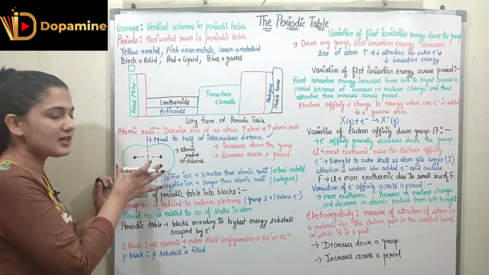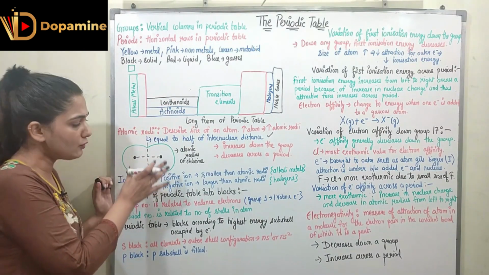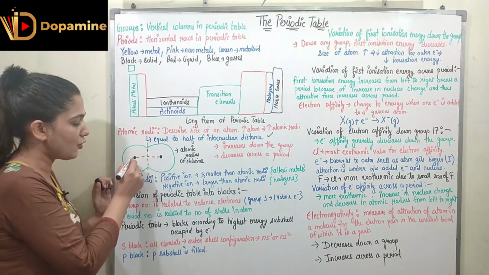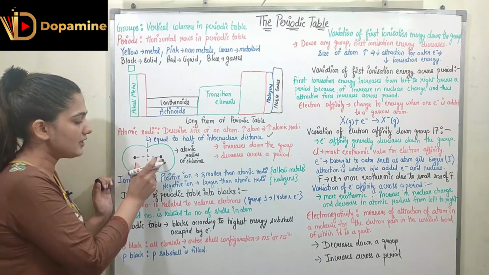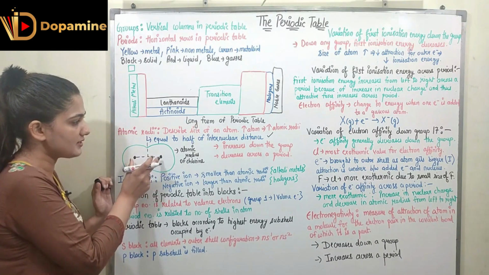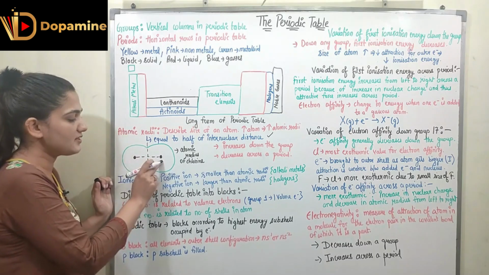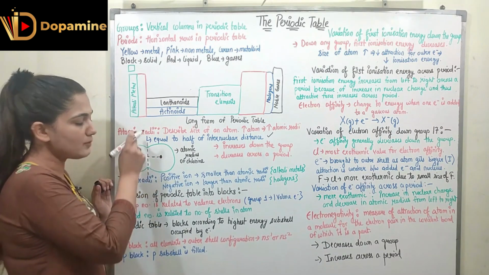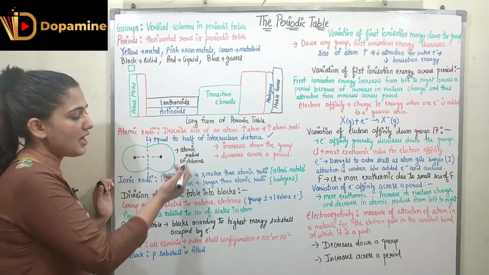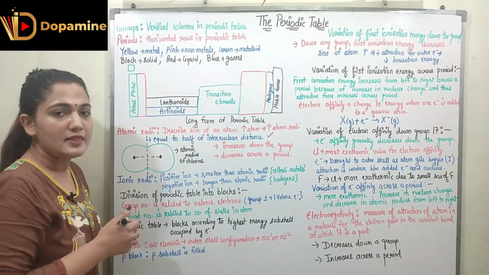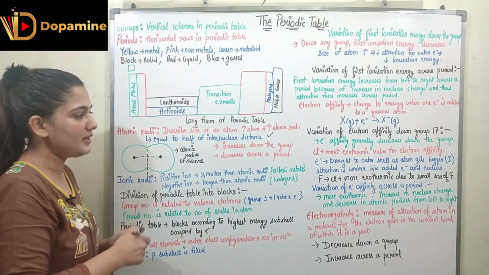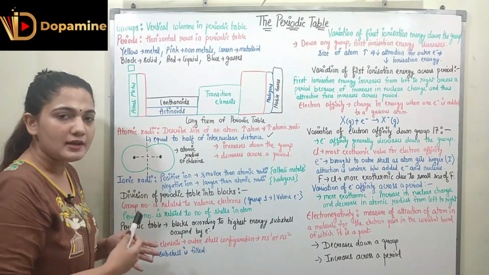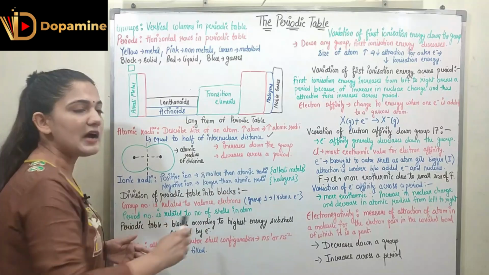You can see this is the chlorine molecule. In the chlorine molecule we have two chlorine atoms, and we see the internuclear distance. This is the first nucleus, this is the second nucleus. We see the distance between these two, and we take half of it, which is the atomic radius of chlorine. Now in the periodic table, the atomic radius is going to increase down the group, and it is going to decrease across a period.